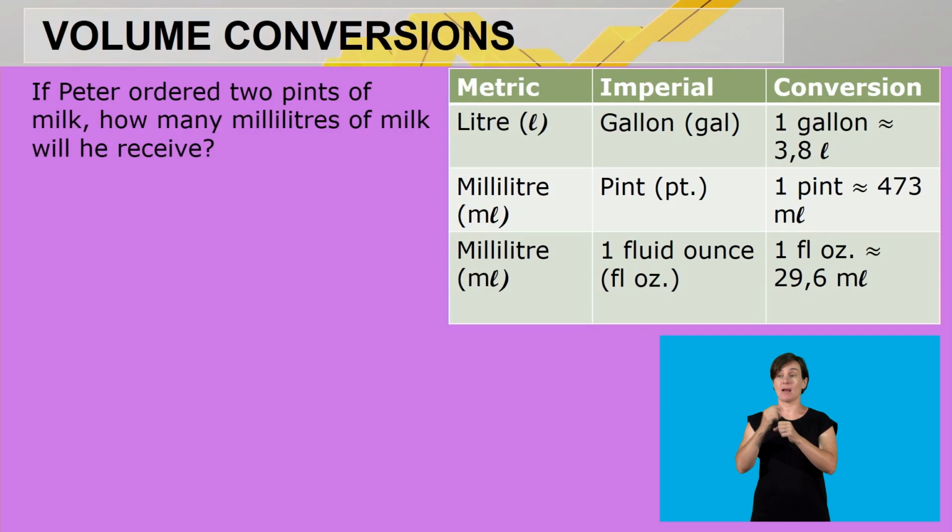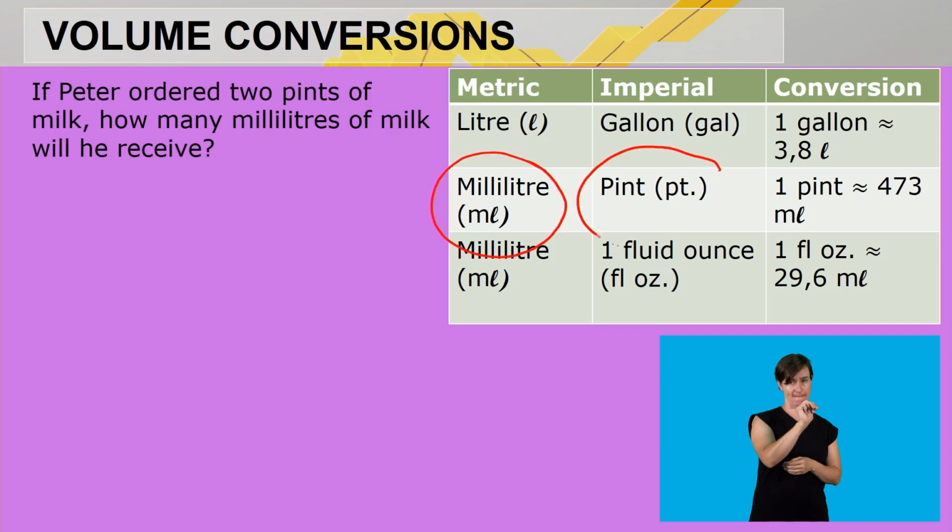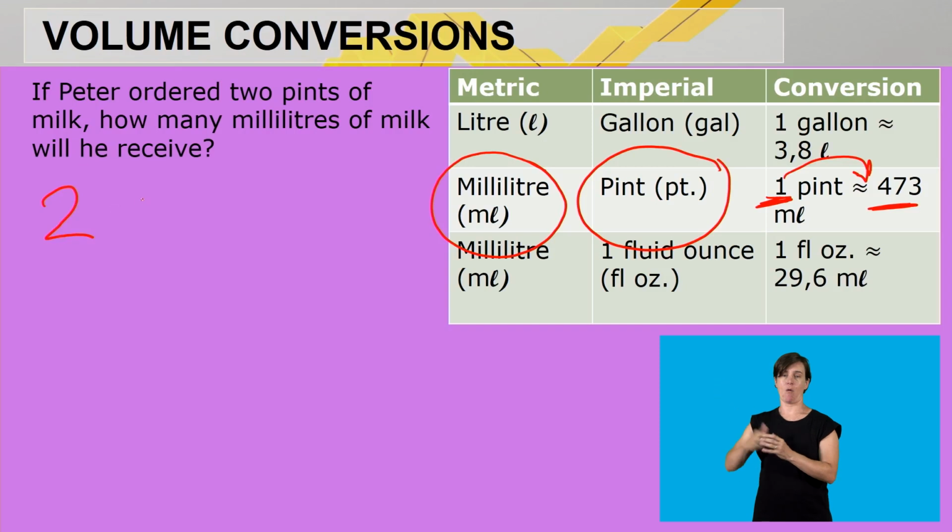So let's look at another example. If Peter ordered 2 pints of milk, how many milliliters of milk will he receive? So what are we working with? We are working with milliliters and we are working with pints. What is the conversion? 1 pint is 473 milliliters, meaning the pints will become more. So therefore we're going to say he orders 2 times the conversion factor,